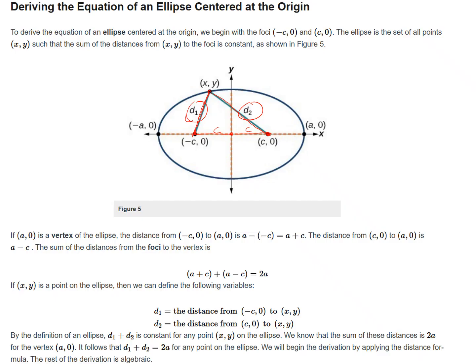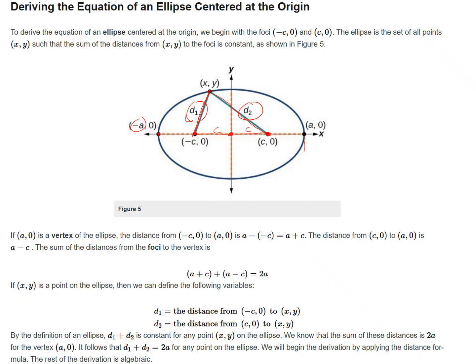So if the point, this one, from the center to the vertex, we have from this center to the vertex that is equal to a. Remember, this is equal to a. But this is the negative side from 0, so this is negative a. And similarly, on the other side, we have a also. From the center towards this point, this is also a. But this is positive because it's at the right side of the origin.